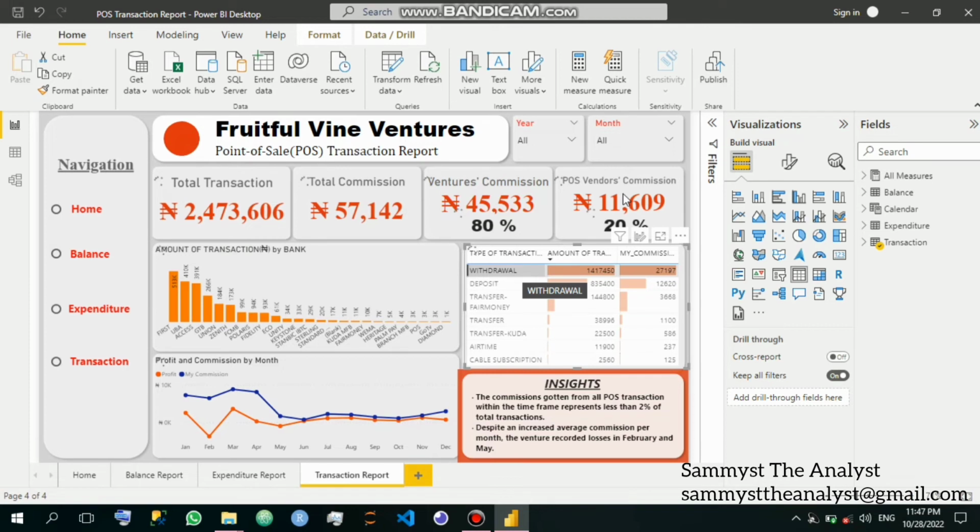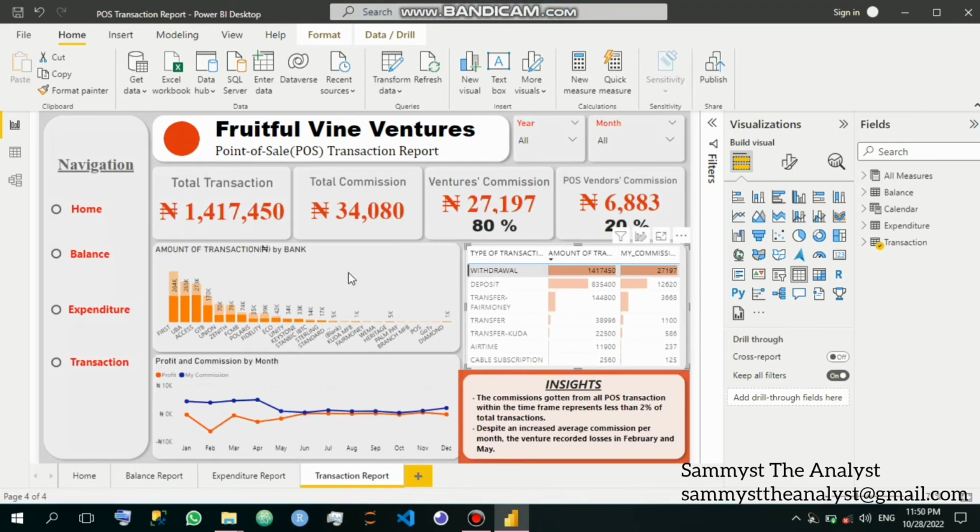Also, the commission payments. Just a minute for it to do that. So as you can see here,